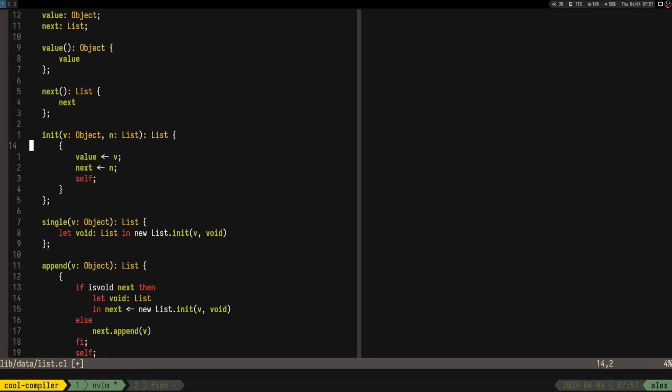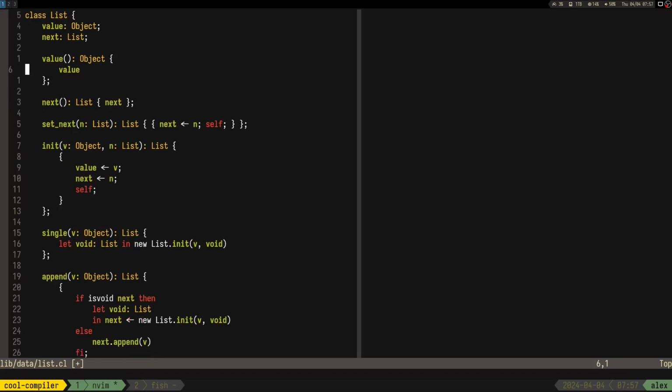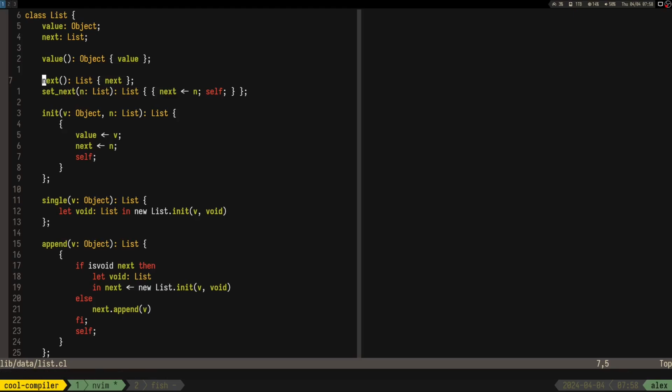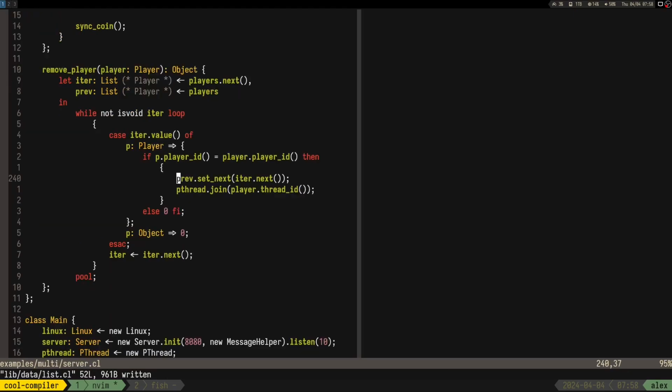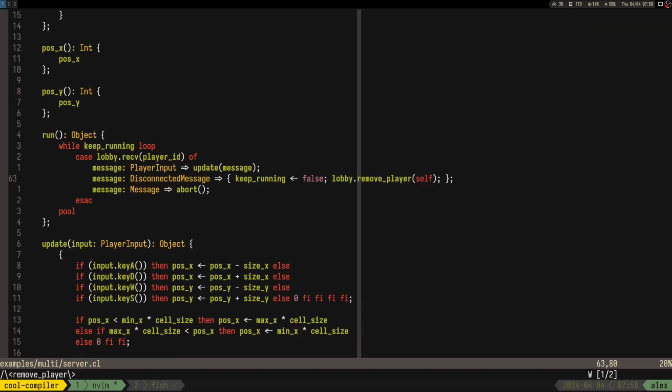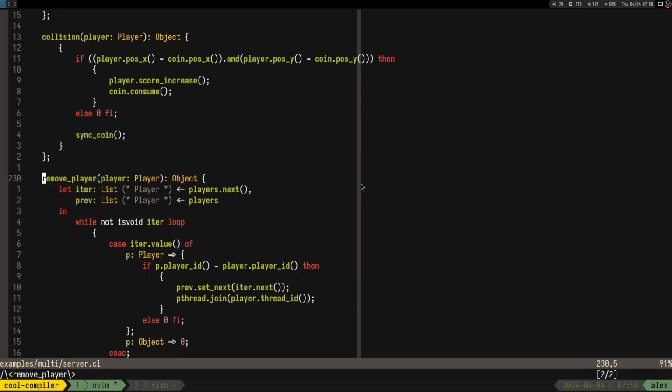I guess we can move it right next to the property itself. Okay, so yeah, basically this removes item and this joins the thread, so it's gonna stop it. Right, I think that's the first step. Right, this sets keep running to false, this removes the player, and the next step is